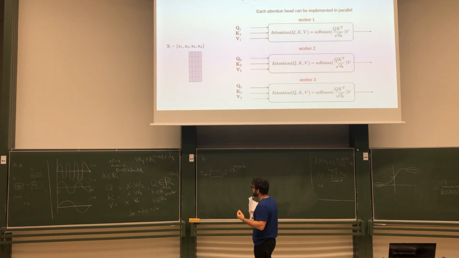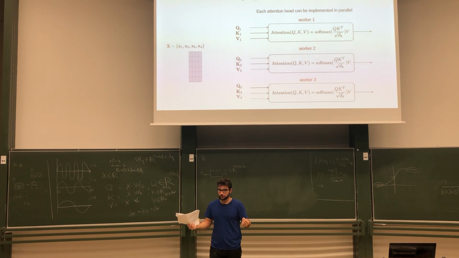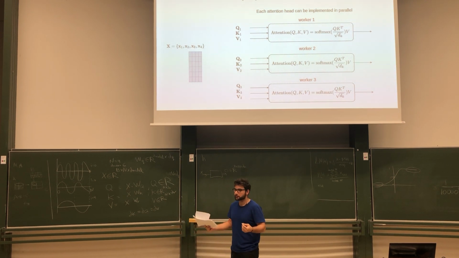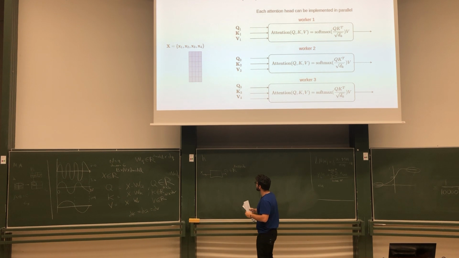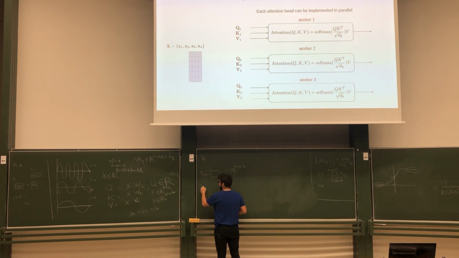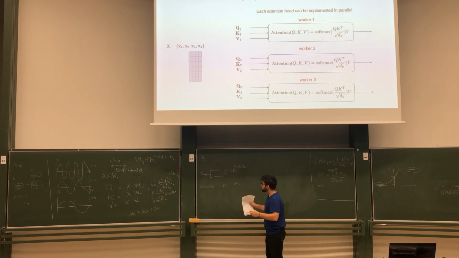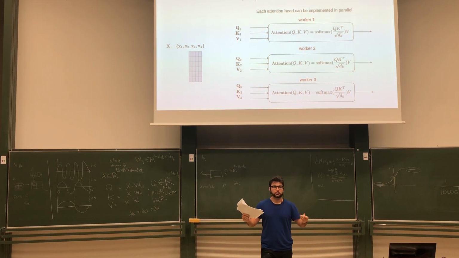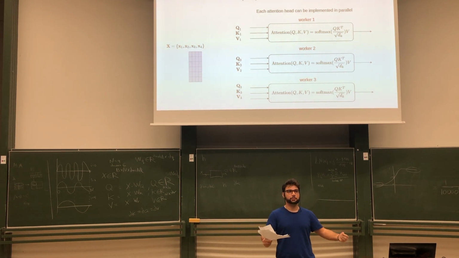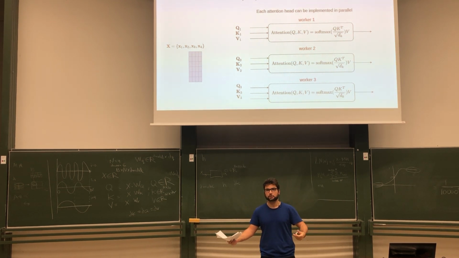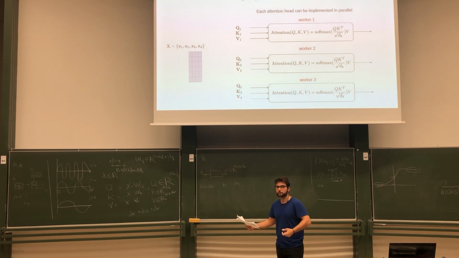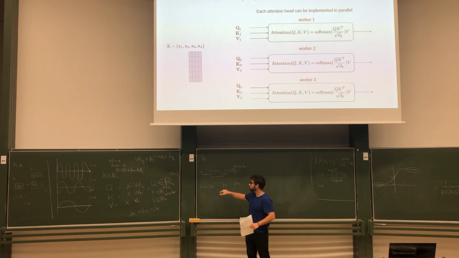So how could we make this operation? How do we pick? So we have d model, we have h equals 8, and we have dk. So how can we make this operation have a similar computational cost to a single head operation? How can we define the heads in the dk dimension so